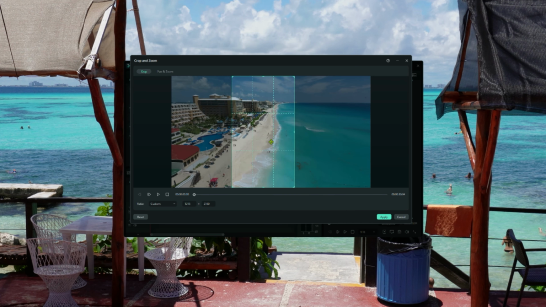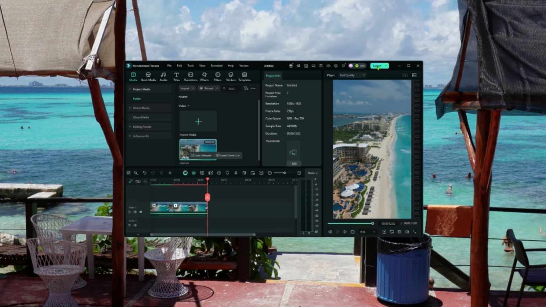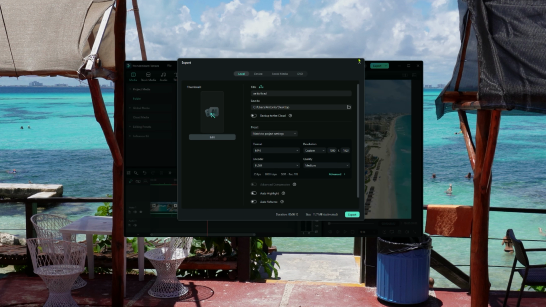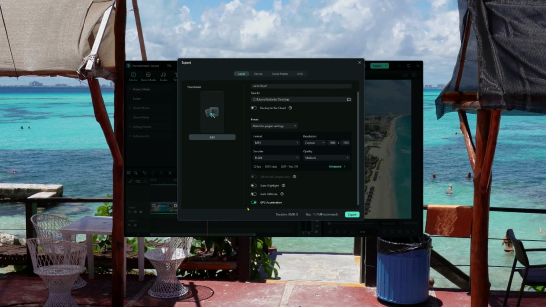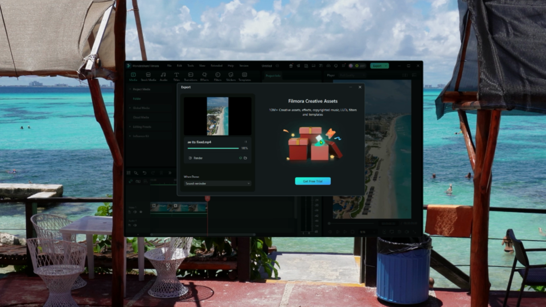If you want, you can add text, effects, or a blurred background to fill in empty spaces for a more polished look. Finally, click Export, select your desired resolution, usually 1080 by 1920 for Shorts, and save it. You're done. And that's how easy it is to turn any landscape clip into a perfect 9:16 vertical video in